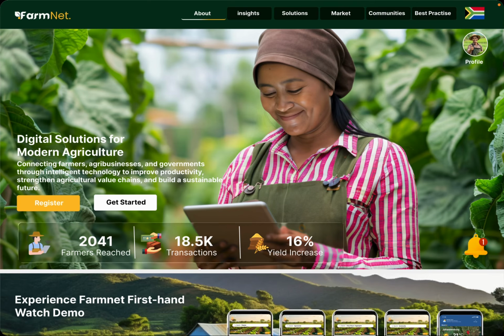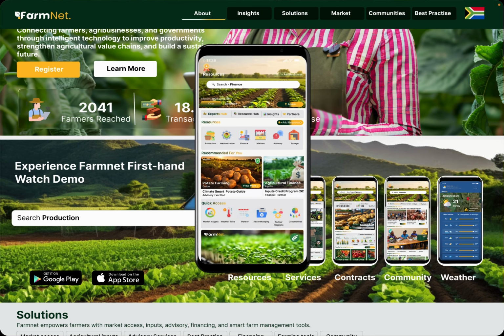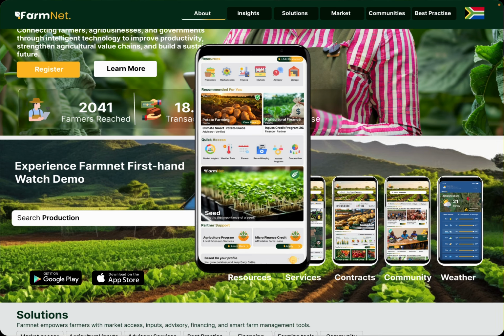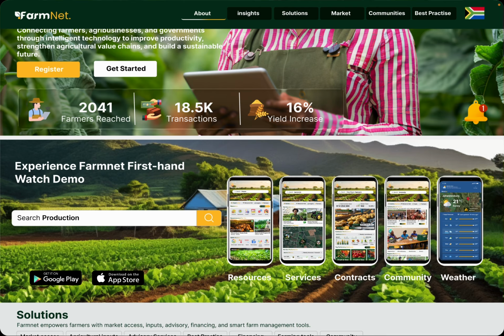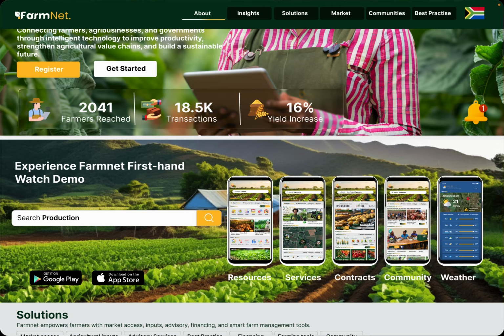Here is an example of what Farmnet can provide World Bank as an organization. From the Farmnet website, one can demonstrate the actual mobile application that we are having. And they can try the mobile application by clicking onto the icons, thumbnails for the mobile application, and